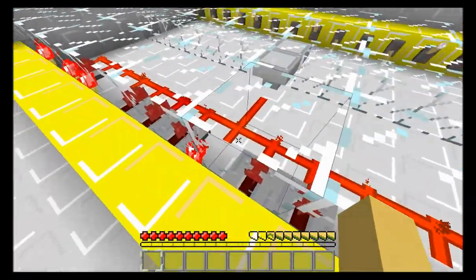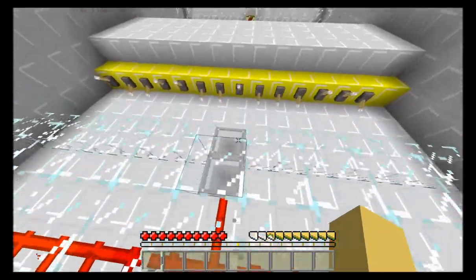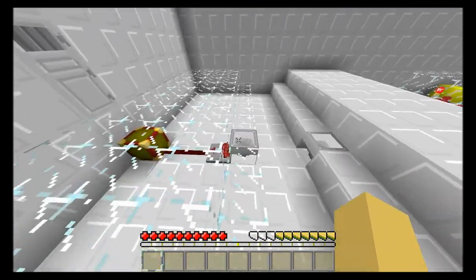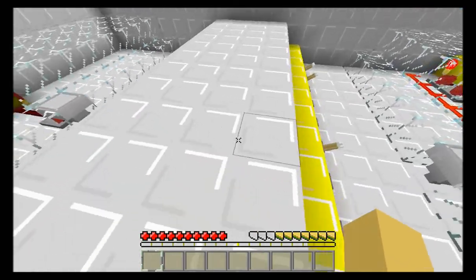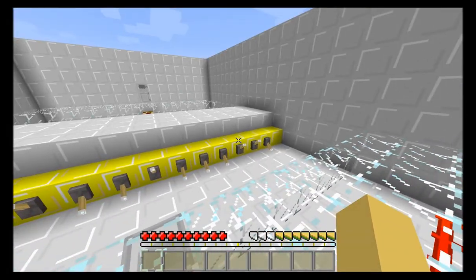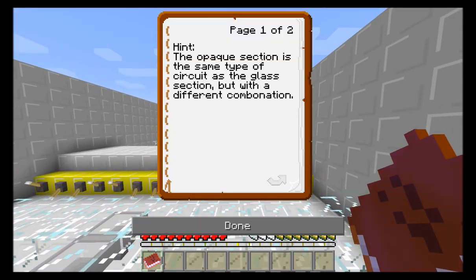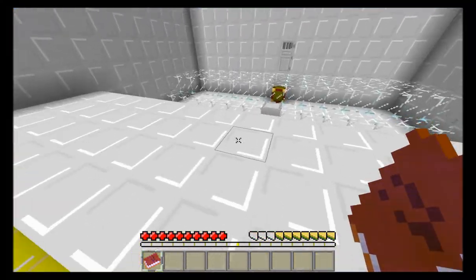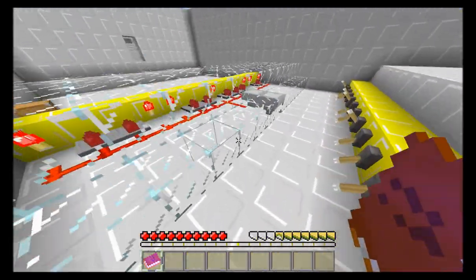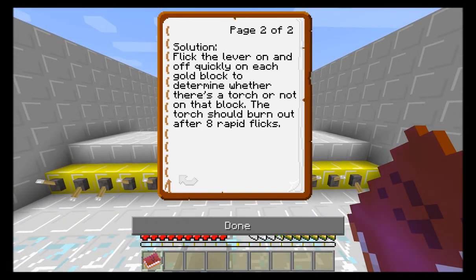This seems a bit silly. I don't want to look up a hint. I mean, he said not to feel bad if you need to look up a hint. And I don't feel bad about having to. I feel bad about there being no possible way of not doing it. Which there probably is. Let's just check it. The opaque section is the same type of circuit as the glass section, but with a different combination. Oh dear. Spelling fail. Yeah, that's what I'd figured. However, I don't see where to figure out what the combination is, so...